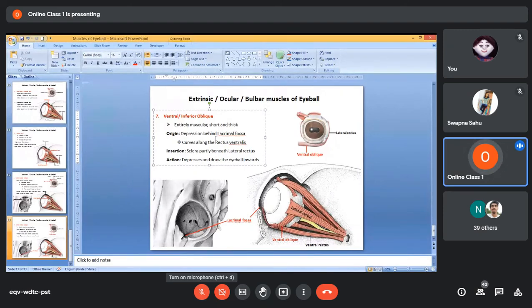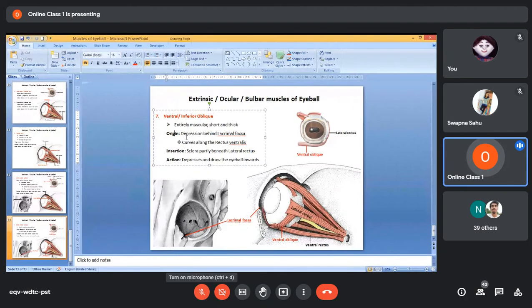Okay, you see all the muscles, at their point of origin and insertion, all muscles will have connective tissue. Through their connective tissue, the muscles originate and insert. That connective tissue may be band-like or it may be sheath-like. If it is sheath-like, it is aponeurotic. If it is band-like, it is tendon. But in addition to that, at some time it may not resemble a sheath or a band, but it may be in the form of a small layer of connective tissue. Such type of insertion is seen in case of the ventral oblique muscle.